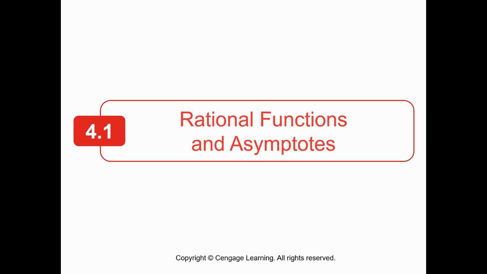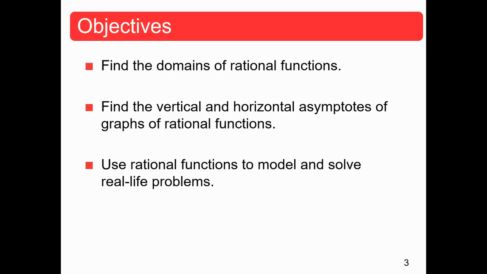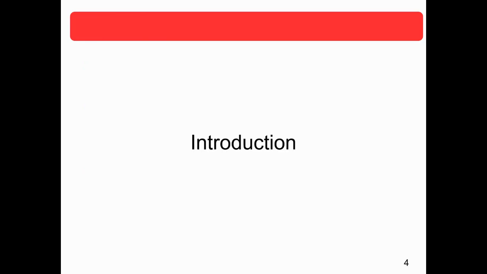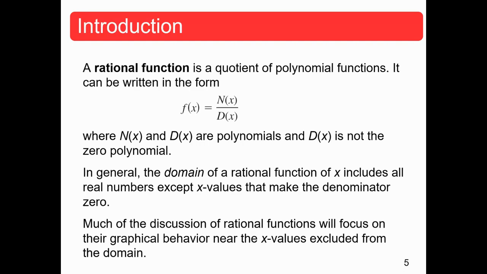This is section 4.1, and we are talking about rational functions and their asymptotes. So in this first part of this series, we're going to first talk about what is a rational equation or a rational function. A rational function is basically two polynomials being divided. So this is n of x, which is some kind of polynomial, and this is d of x, another